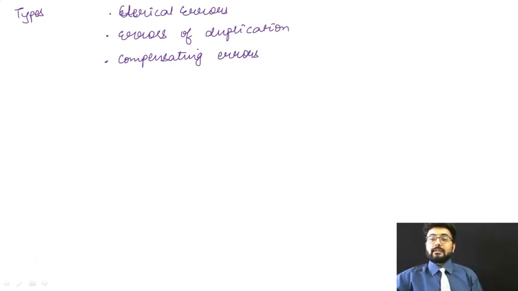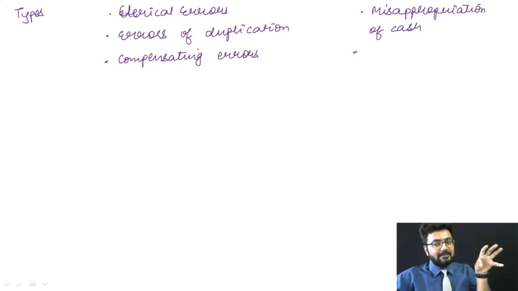Now, what was over there, which was a fraud? Fraud can be so many things. Fraud can be misappropriation of cash. That means cash was used at some places which were not known. You were saying that yes, I have taken the cash from that person that was amounting to 1 lakh, but that cash was 5 lakh rupees. So that is misapplication of cash.